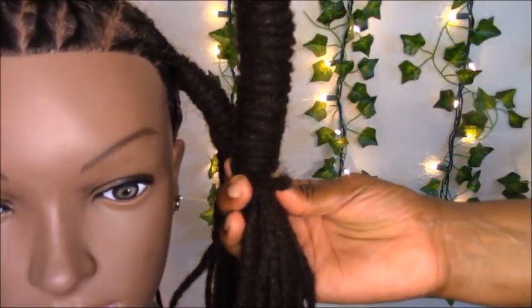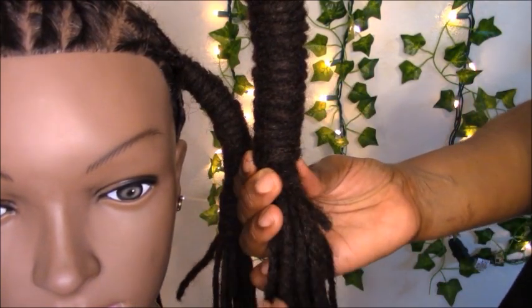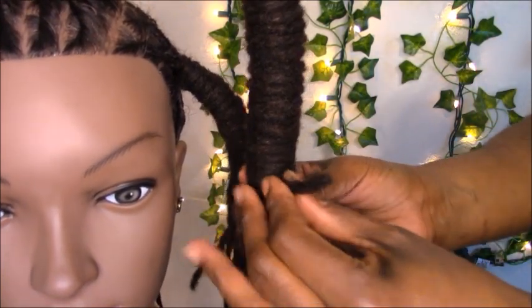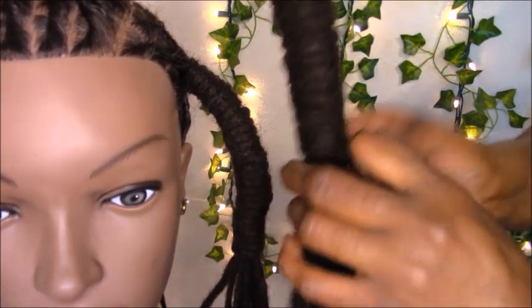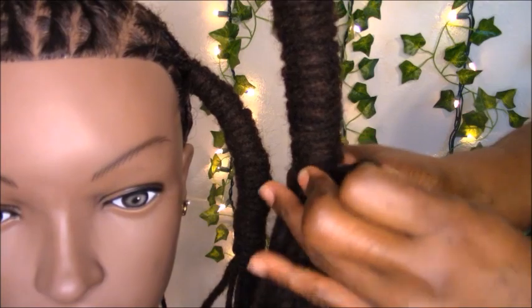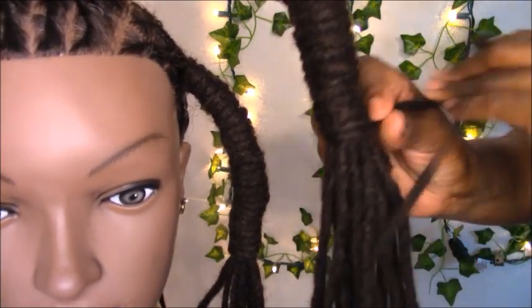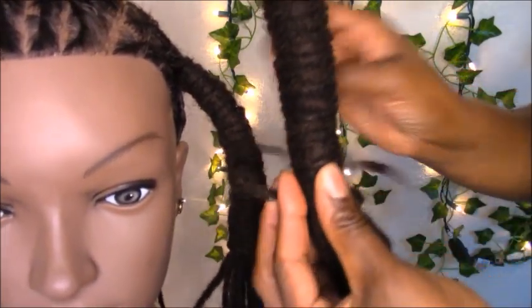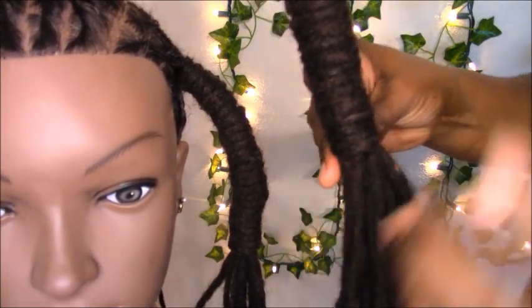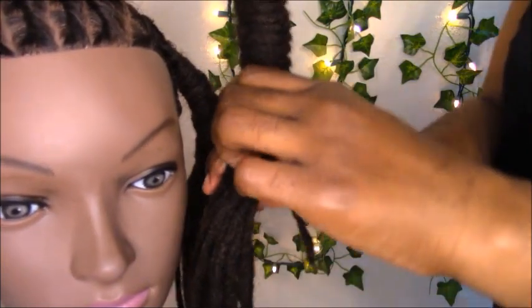I'm showing you guys where I'm stopping the barrel roll, at what part of your face, I should say, you would want this to hang. I'm not sure who would actually wear this style, but I thought this was a pretty cool style just to do on locs, you know? I love doing those. Taking styles that I see on celebrities or styles that are not necessarily for locs and recreating them with locs. So I think I'm going to stop just about there,